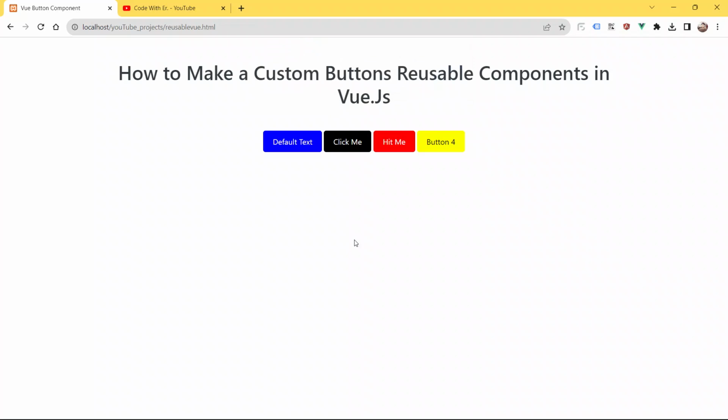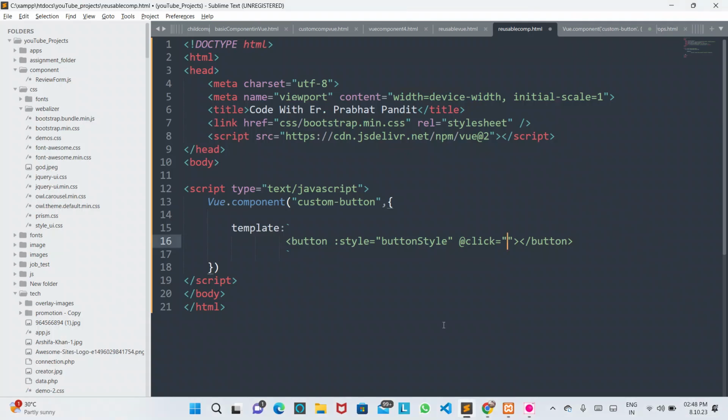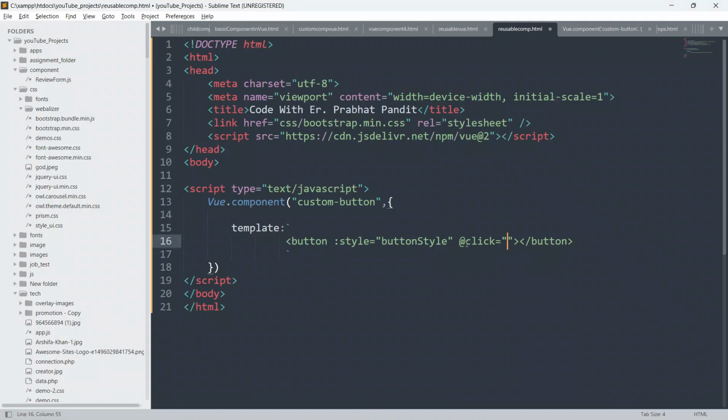So guys, here also in our code, I am doing this at the red click, and I will define a function, a custom function. So I will say handle click. Inside this we can provide our label also. So I am going to put double curly braces here, and I will say label.